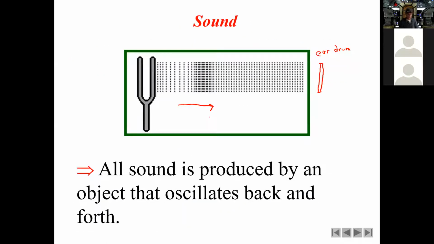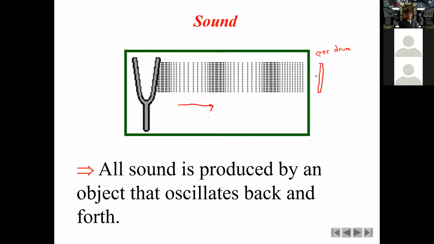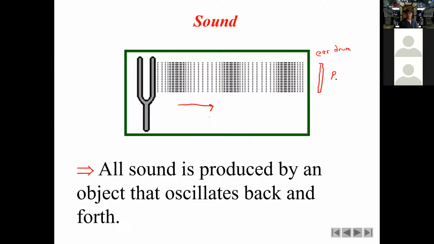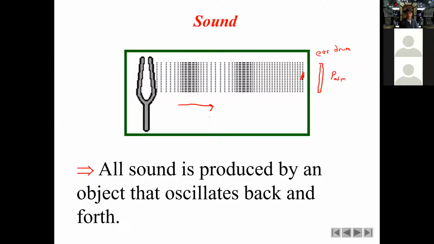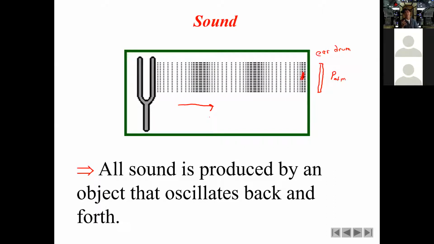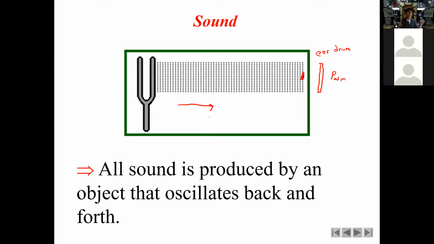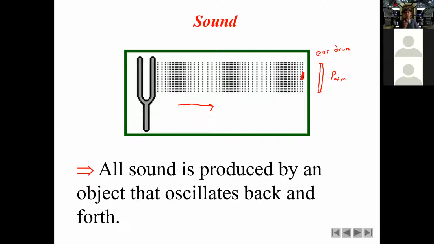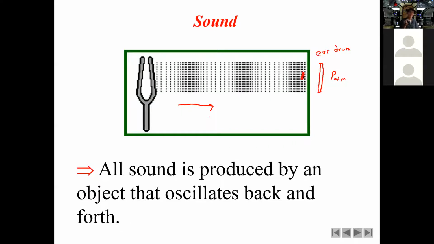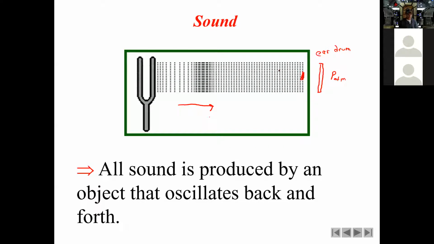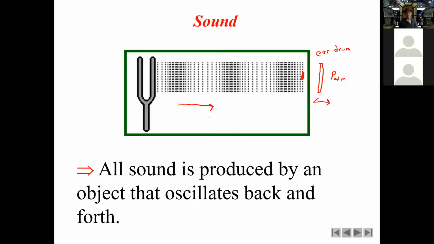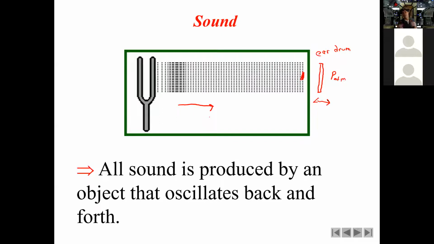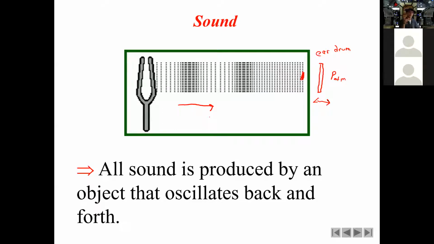If this is the inside of your head, the pressure here is at atmospheric pressure. But the pressure out here is changing. Remember, anytime there's a difference in pressure, I end up having a force pushing from higher pressure to lower pressure. So if the pressure outside your head changes, that's going to cause your eardrum to start to oscillate back and forth. And the frequency your eardrum oscillates back and forth at is going to be the same as the frequency